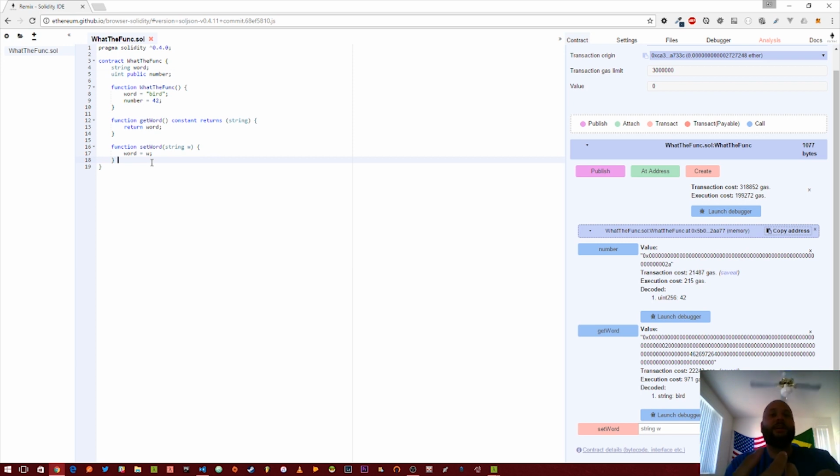Now, say you want to restrict access to certain functions from the outside world. Let's say that we only want the owner or the creator of this contract to be able to make any sort of modifications to its internal state. So in this case, we're going to use what are called modifiers. So first, let's create a